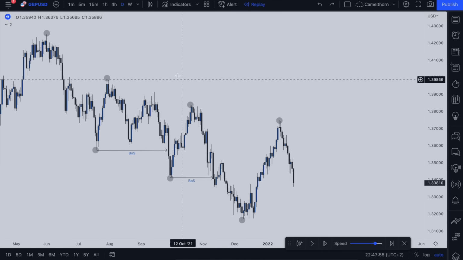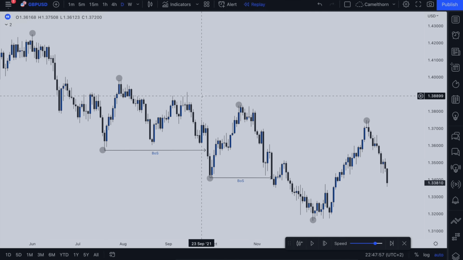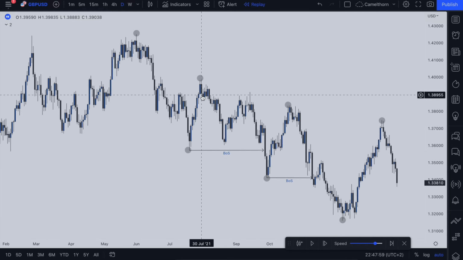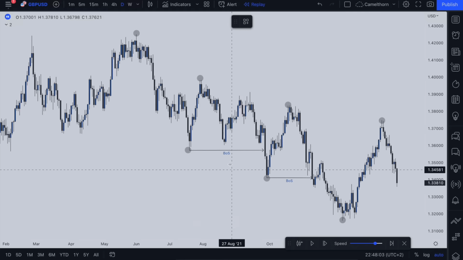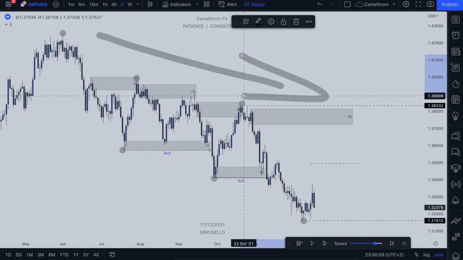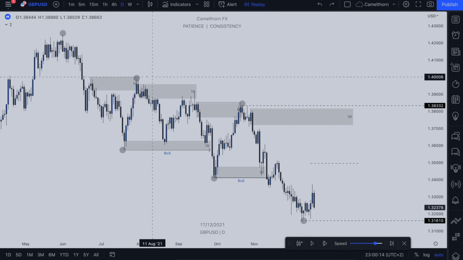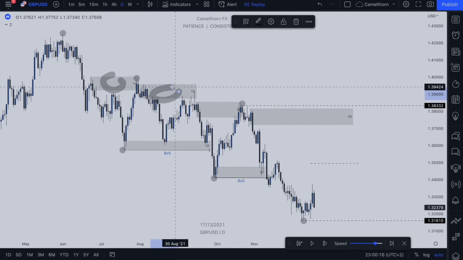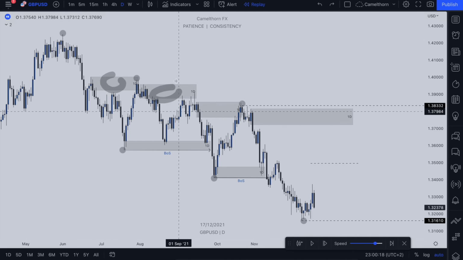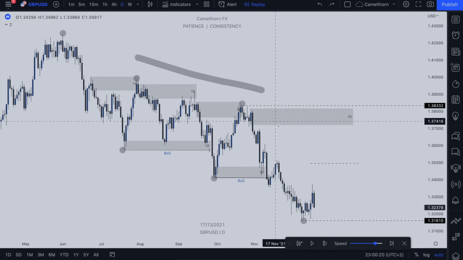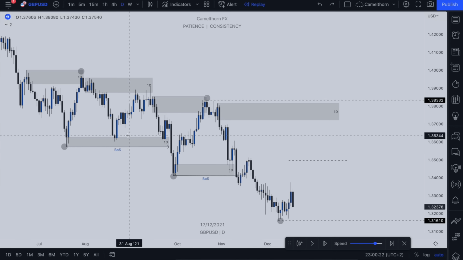After you map out your external structure, what you want to do is go ahead and look for any supply or demand zones that have either been mitigated or that have not been mitigated yet. So we can see that price action is bearish here on the daily. Okay, we have marked out significant supply zones that have formed a chain. Okay, we have our valid breaks of structure to the downside showing us that we are in that bearish trend,